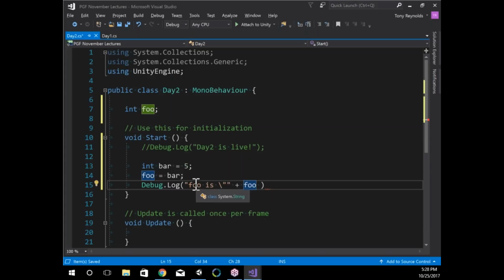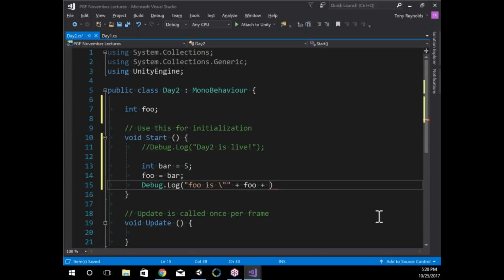But notice if I click on this foo, I get nothing. That's a quick way of using Visual Studio to tell you what you really are looking at versus what you think you're looking at. So you can use that as a quick confirmation thing. So at this point, I've injected the variable which contains the number 5,